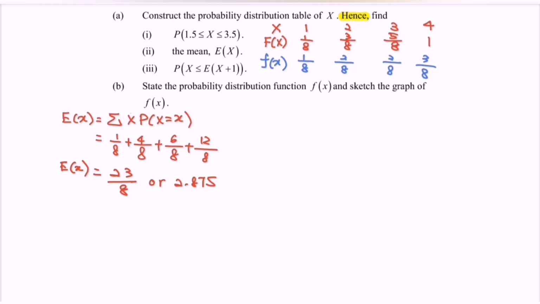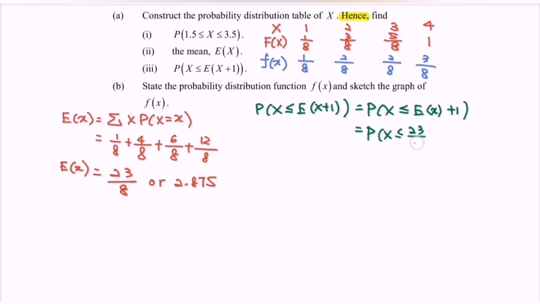So continue, number 3. Probability that x is less than or equal to E(x) + 1. If it refers to the situation, we have probability that x is less than or equal to E(x) plus 1, by using the properties of the expected value. Continue, we have E(X), which is 23 over 8, plus 1. Simplify the situation. So x is less than or equal to 23 plus 8, so we will have 31 over 8,